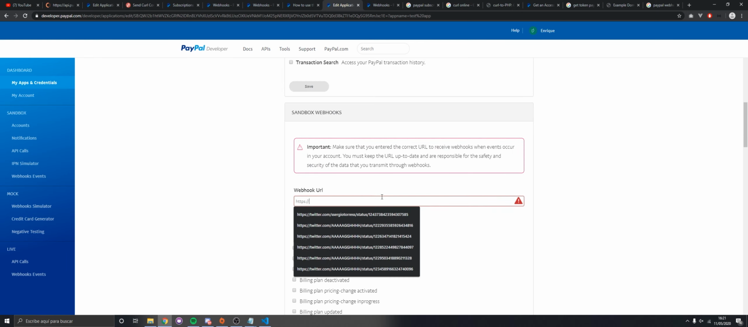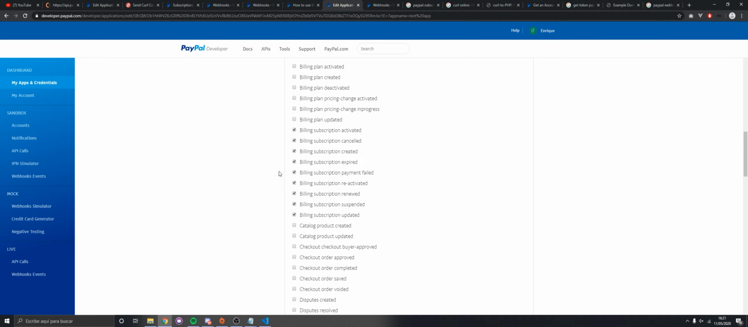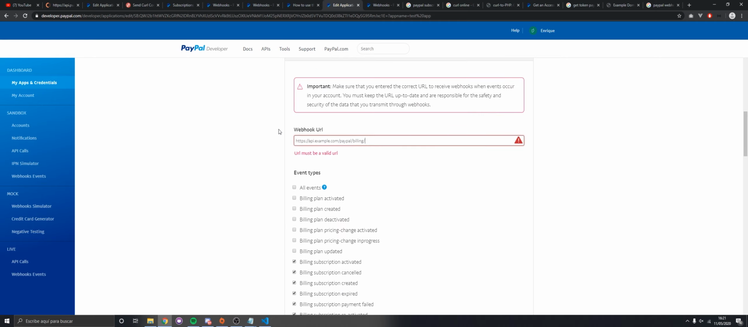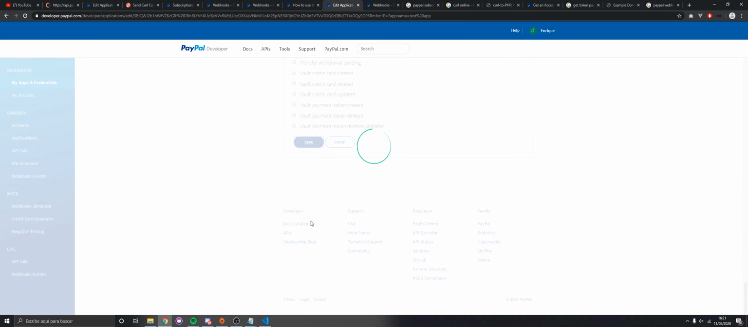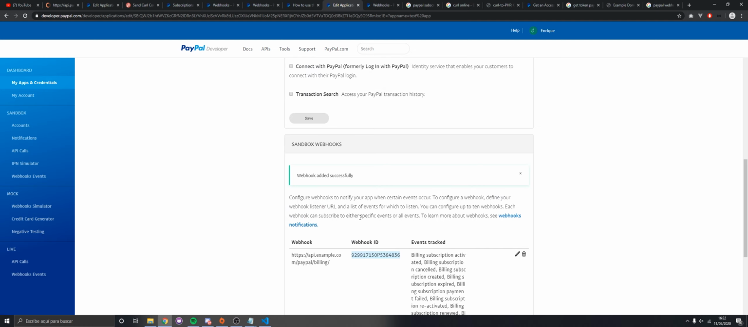I think I missed something. Oh yeah, you need to, of course, set up whatever you want to do. So you save it. And there you go. So you have the webhook ID. So what you want to do